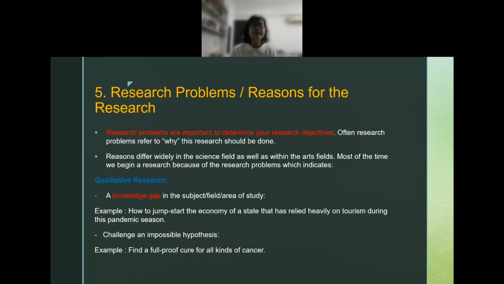Because until today, for instance, there is no one answer to how can we promote tourism during the pandemic season. Okay? It's a challenge. But many people have come up with possible hypotheses and suggestions through their own research, which has been turned into a master's thesis or a PhD thesis.